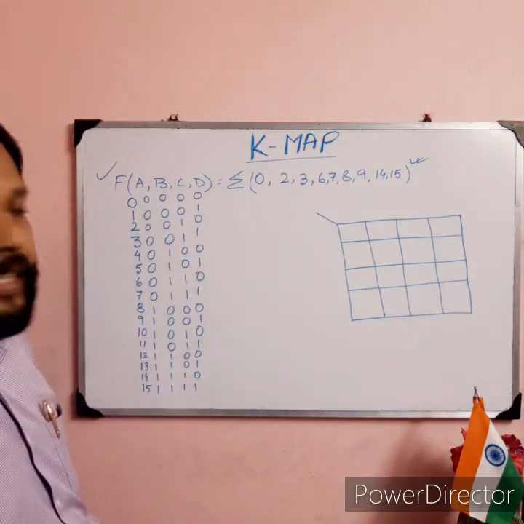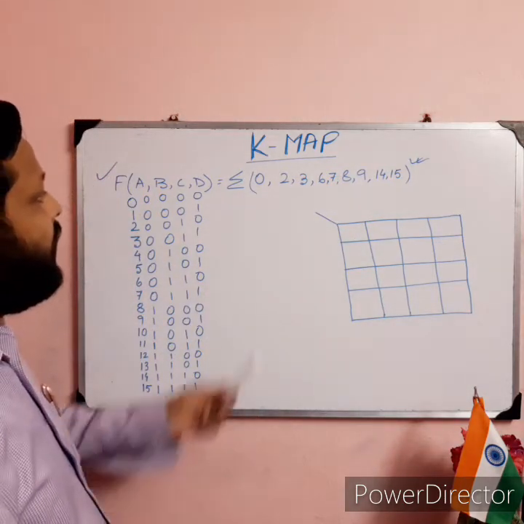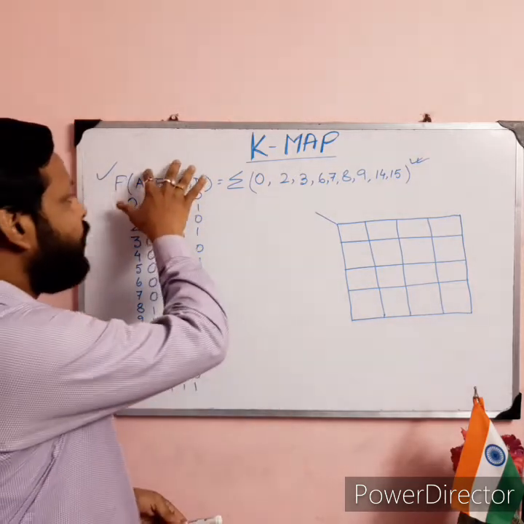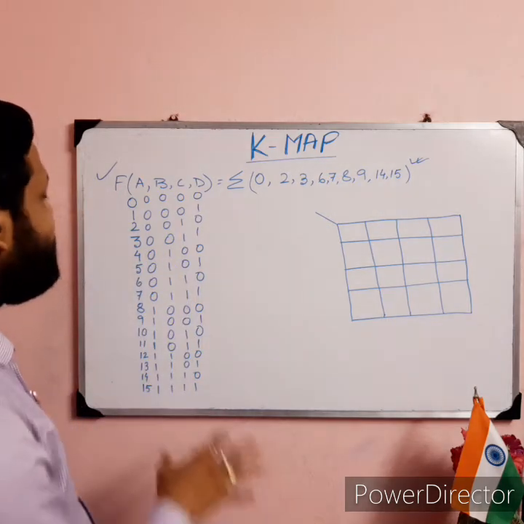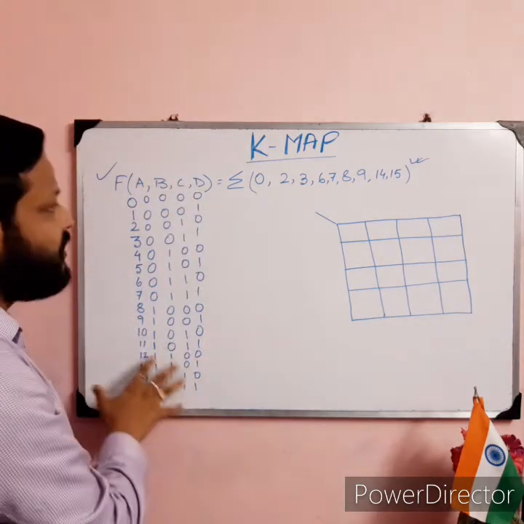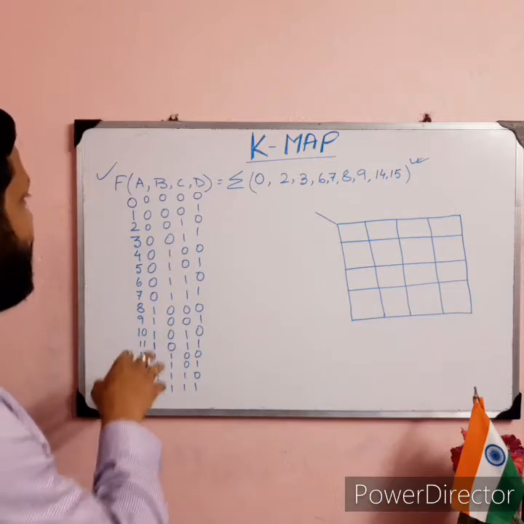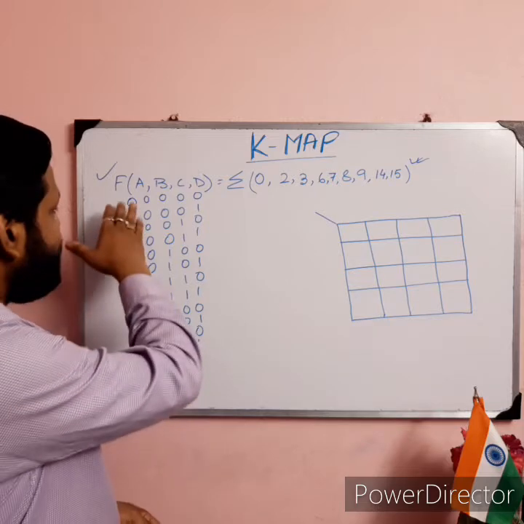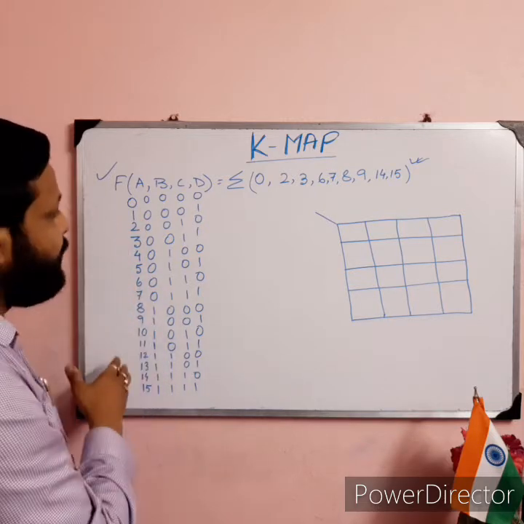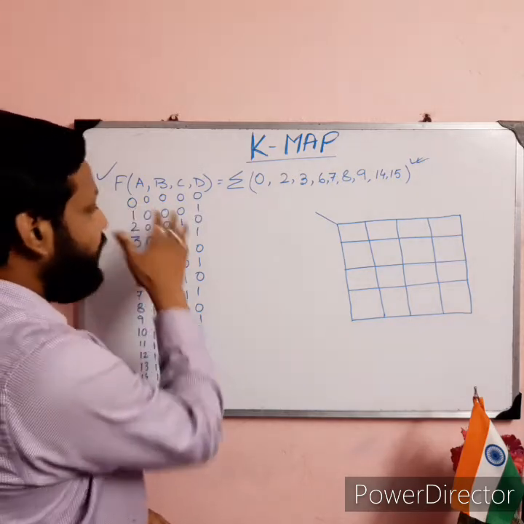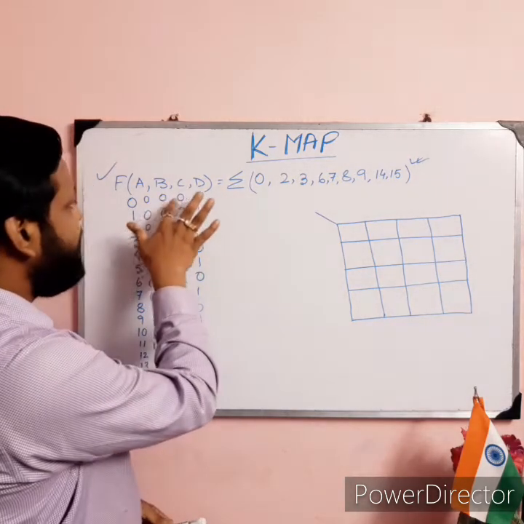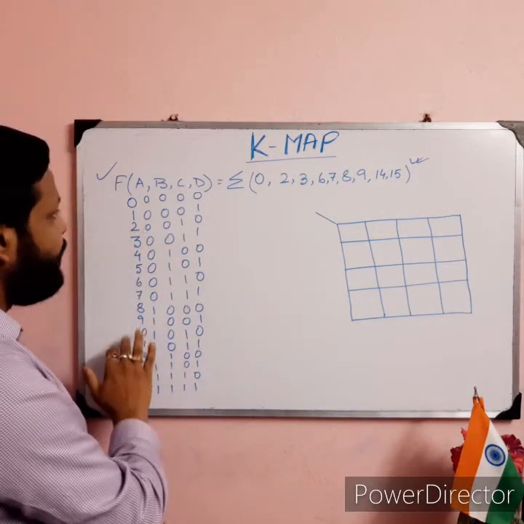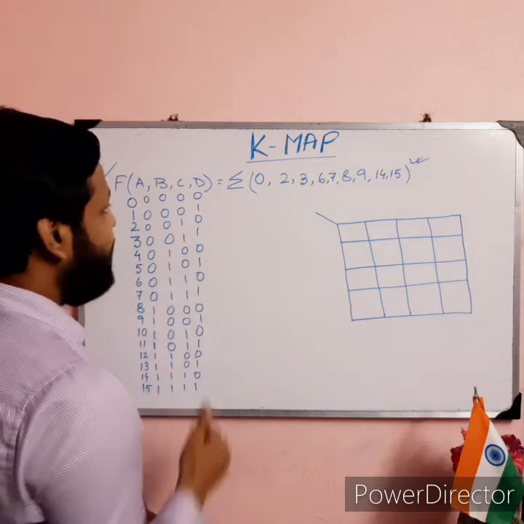What type of expression is it? This one is a cardinal expression. What do you mean by cardinal expression? If 4 variables are there, in Boolean algebra, according to these 4 variables, we'll get 16 different combinations. What are these 16 different combinations? 0 to 15. If we represent 0 in a 4-bit manner, A0, B0, C0, D0, like this, we are able to represent 0 to 15 in binary bits.